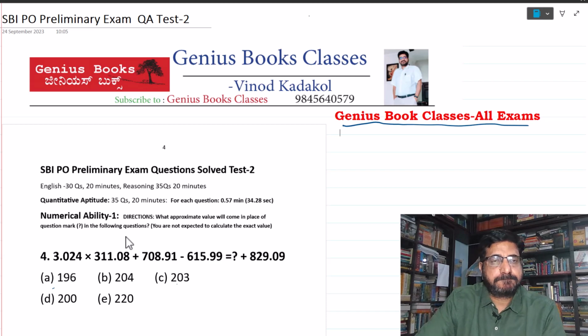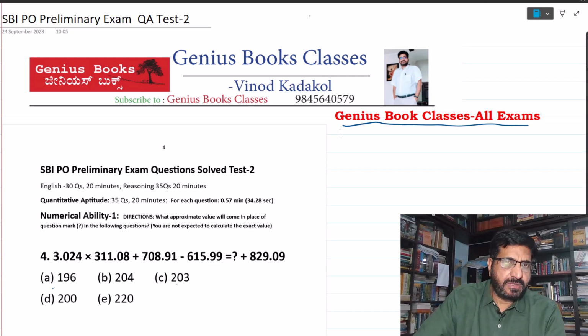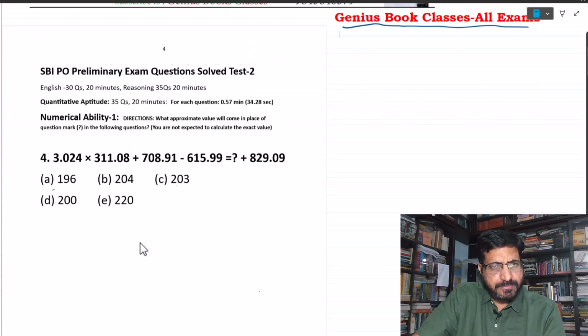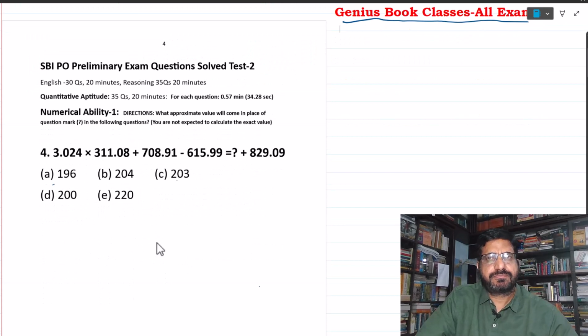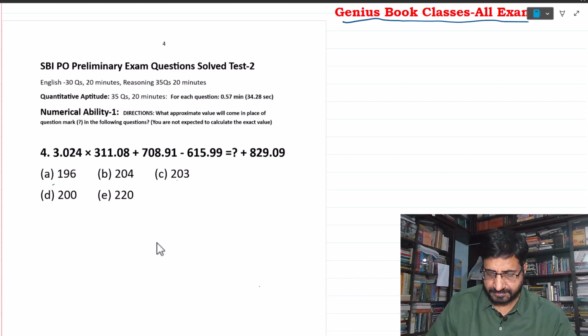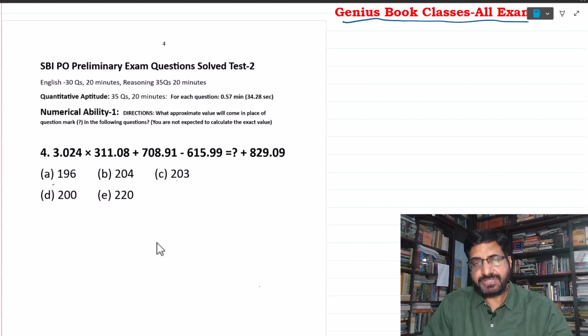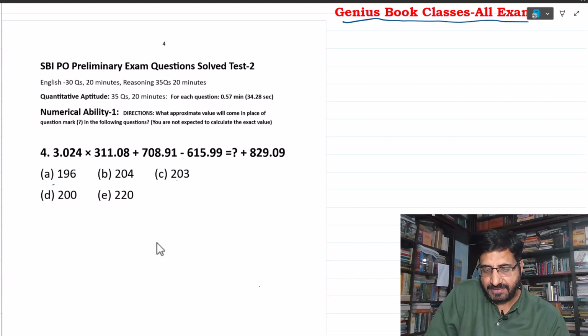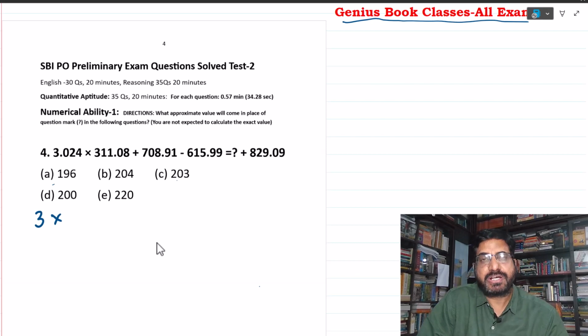Now coming to this problem, the first step is we have to approximate. I told you. So this one is 0.024, which is not near to 1, so you can neglect it. So it will be 3 into 0.08, again you can neglect it,